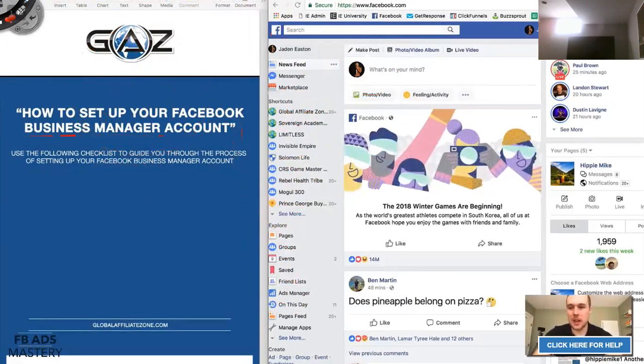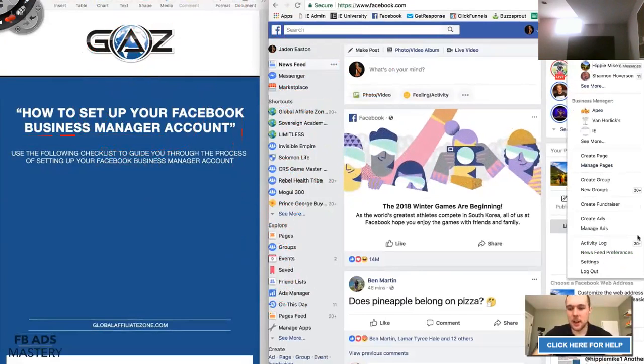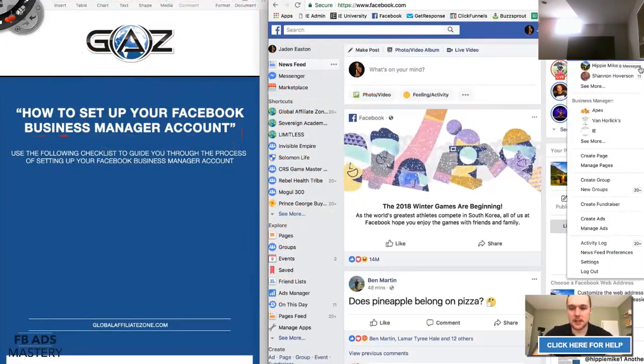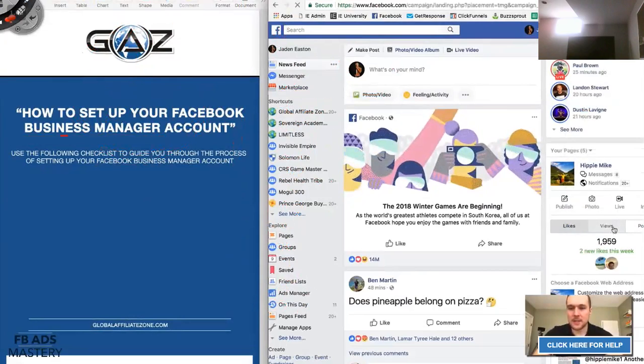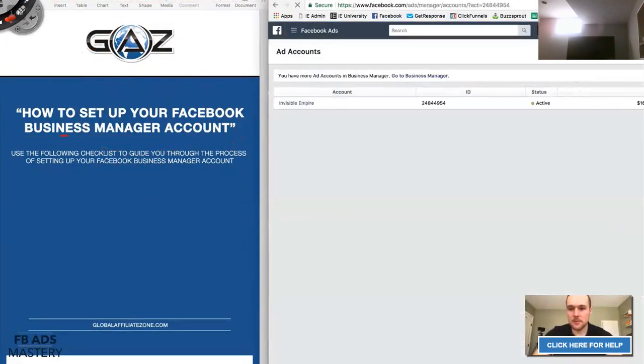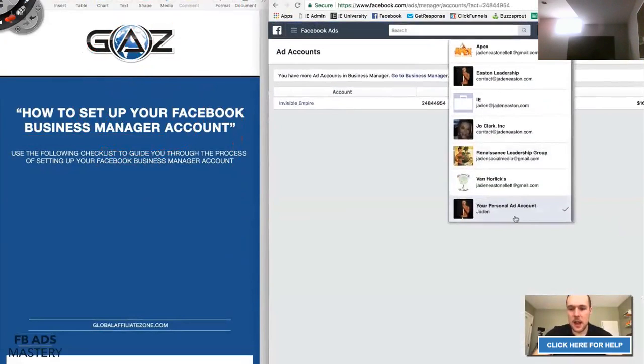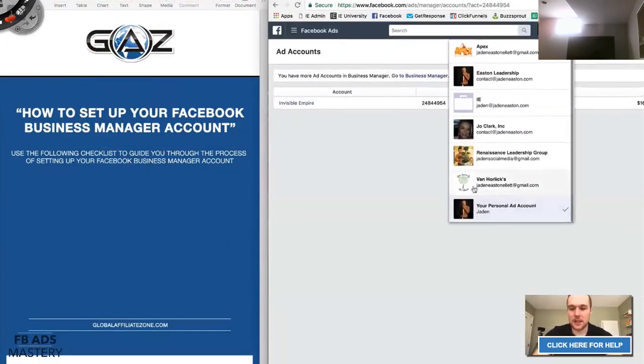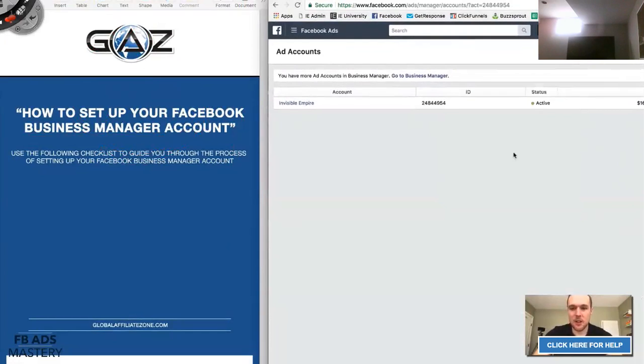And just to show you guys, you can actually see here, if you click the arrow in the top right, this isn't in the steps in the included workbook, and I go manage ads, you'll be able to see that I'm actually inside my personal ad account. So you won't have all these other options up here because obviously you guys aren't managing other ad accounts. It'll just have this your personal ad account.